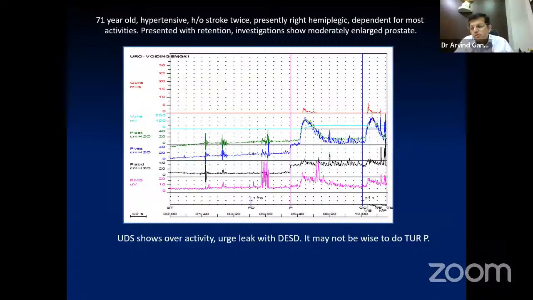So actually, what I personally feel is that if you are suspecting that a patient is having Parkinson's and the patient is having an overlying outlet obstruction because of BPH, this is one indication wherein you should use an EMG to understand whether there is only an outlet obstruction because of BPH or some amount of detrusor sphincter dyssynergia which is causing the symptoms. So in this patient, there is some amount of leak as well. So it would not be wise to do a TURP in this patient because it might deteriorate the symptoms of the patient.